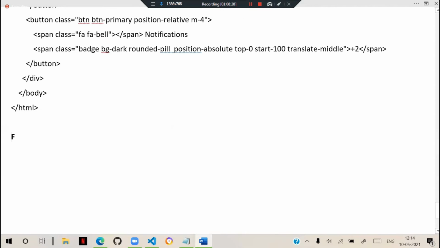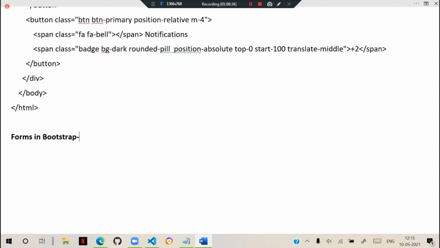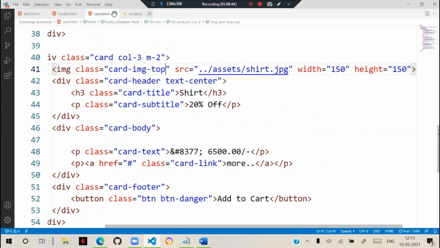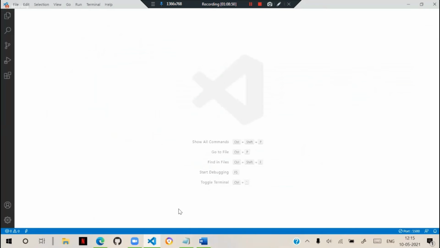So, forms in Bootstrap 5. Okay. Earlier for forms, we had few options for designing the forms. Now some new placement-related things happened there. Generally, to display the forms and the form options, earlier we used classes like form-group. Now we use the margins.